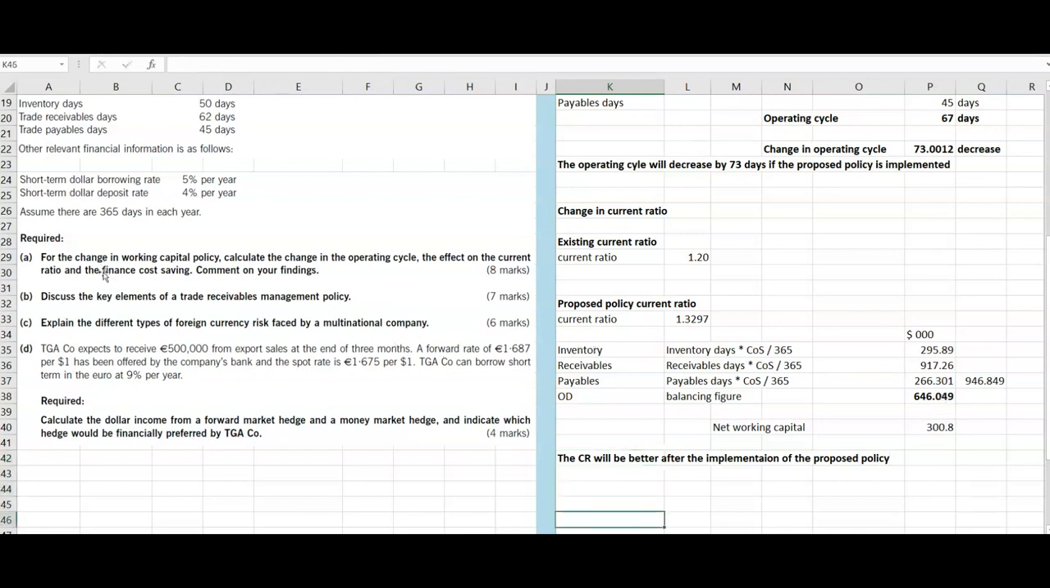We still have one more answer, and the last one is finance cost saving. So how is finance